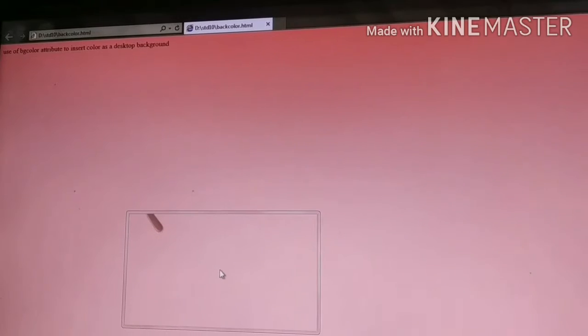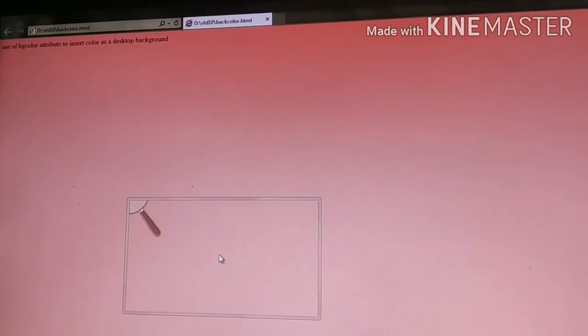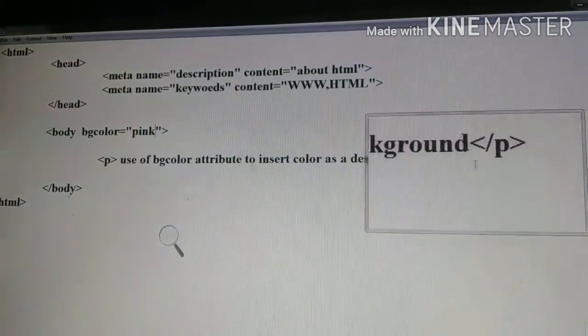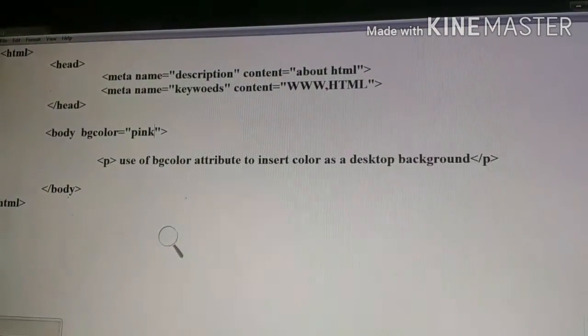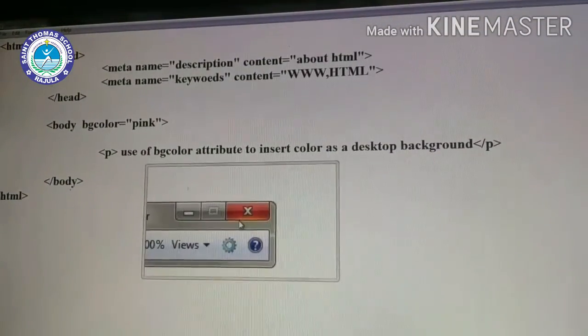So this is compulsory when you are performing any changes in a notepad in your source code file. First you have to save it, and then after you have to refresh your browser screen to see the modified output. Now in this example only we will discuss how to create a link. So for the link we already know what is the attribute we are using to create a link.